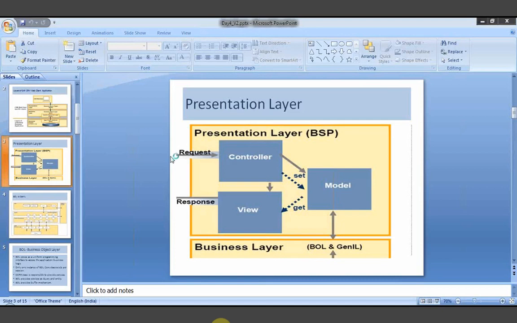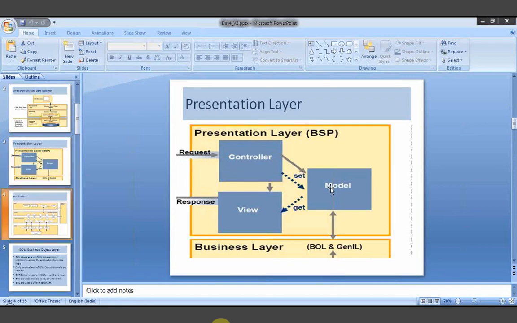Based on that, the request will be passed to the controller, that the search button has been clicked and he is trying to get the data of accounts, with name containing A. So the request will come to the controller and the controller will instantiate the respective model.